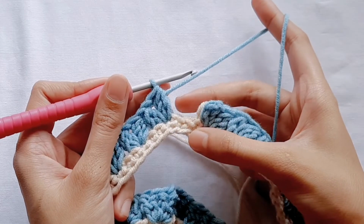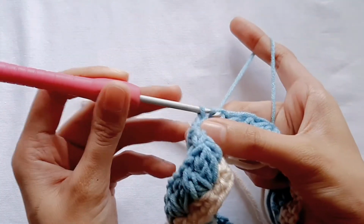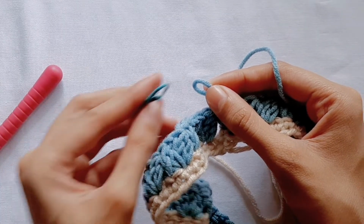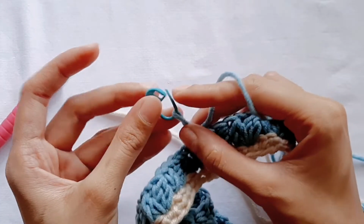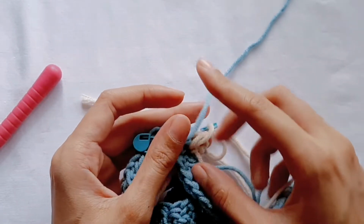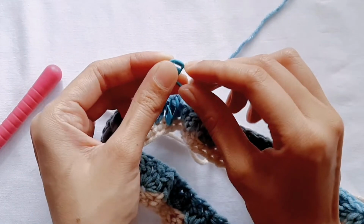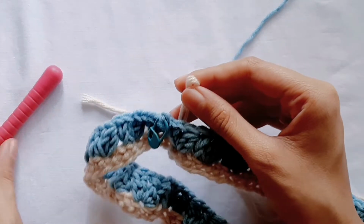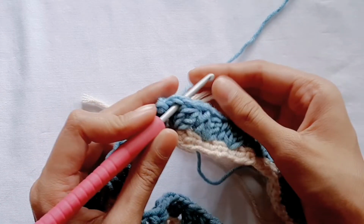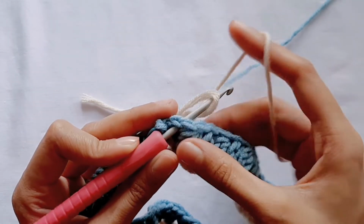To join the round, slip stitch into the first double crochet together stitch. Chain 1, put a stitch marker, for round 3, switch to cream yarn. Insert your hook into the chain space. Pull up the loop,